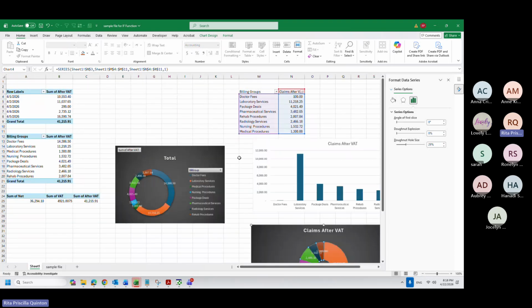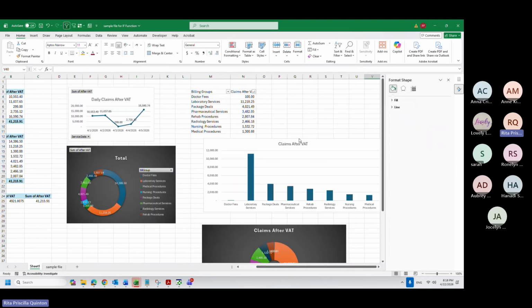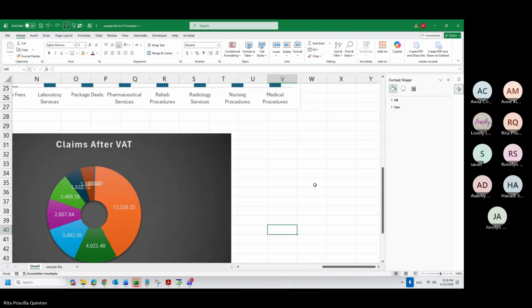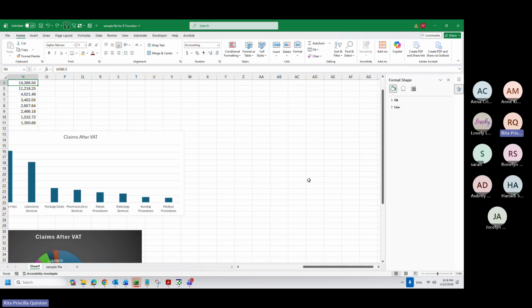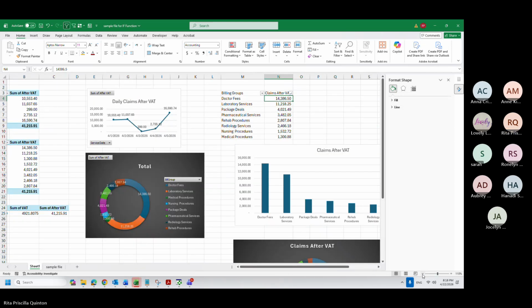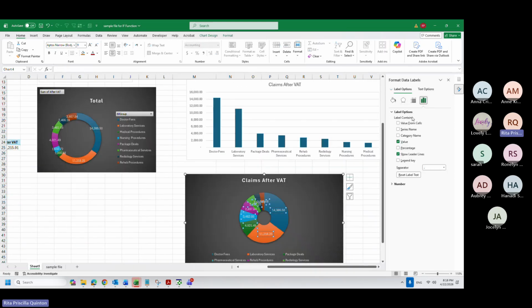Okay. So anything you do in the table affects your chart. I will press Control Z, so I will go back to the same amount, 14,000. At the same time, for this 14,000, we can add percentage. It will look like this, which means 35% of my whole claims is related to doctor fees.